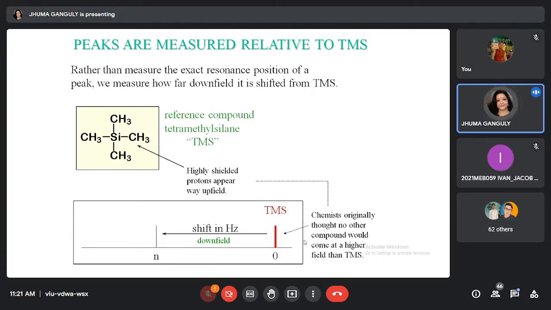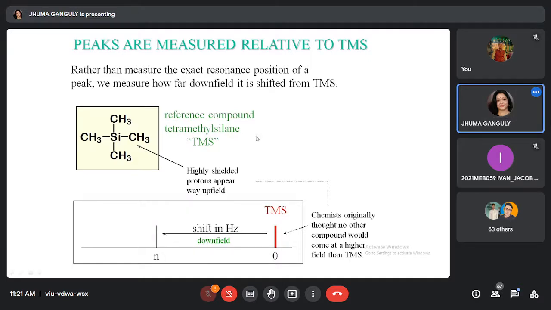By trial, one sample was identified which is popularly used as the standard. You can use it internally or externally, no problem, in such a way that its peak position is fixed, and you place this peak at zero, then you calculate the others. Why does this happen? Now see the structure. This is TMS,